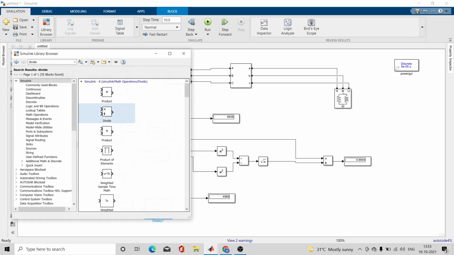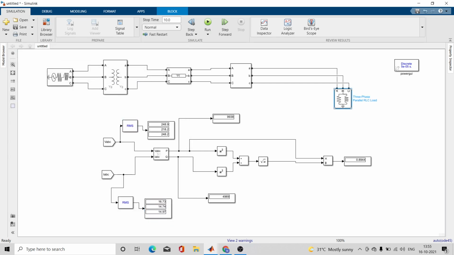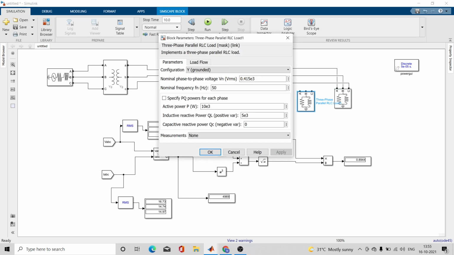So we will directly go to the library browser, or otherwise you can just copy this three-phase parallel RLC load, out of which I only want C. I don't have real power because a capacitor bank does not have real power. I don't have inductive reactive power for a capacitor bank, but yes, I need capacitive reactive power.